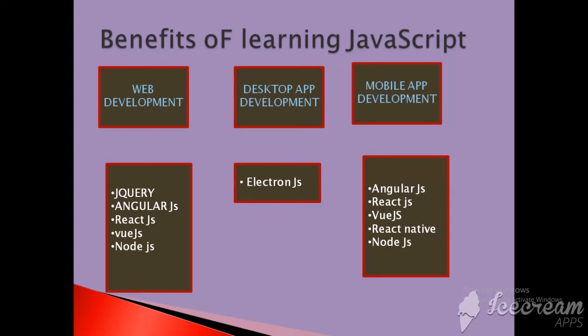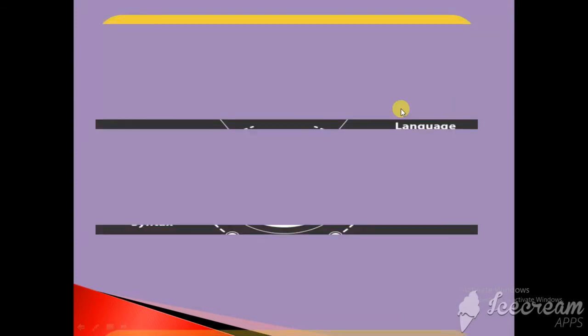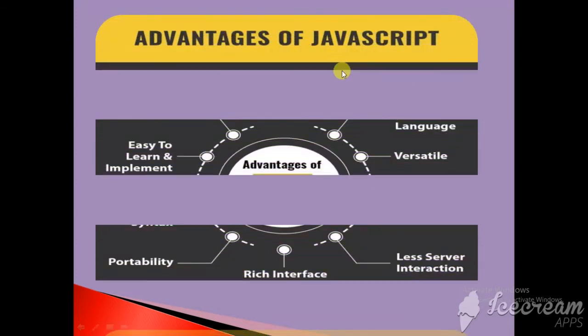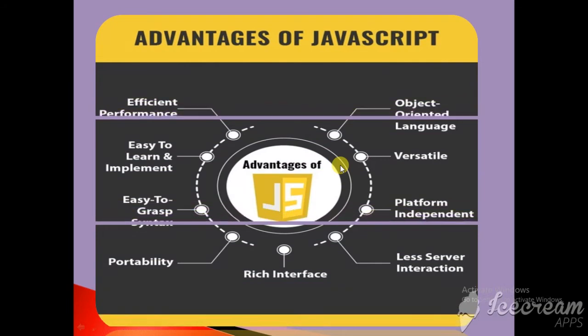Let me show. If you have got, just click with your fingerprint, you are putting in a fingerprint and the screen reopens. These all events can be done with the help of it. This is the benefit, that it can be used in web development, can be used in desktop app development and mobile app development. Now in the next slide you will be seeing what the advantages of JavaScript are.